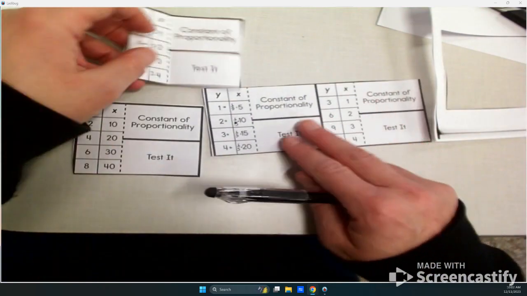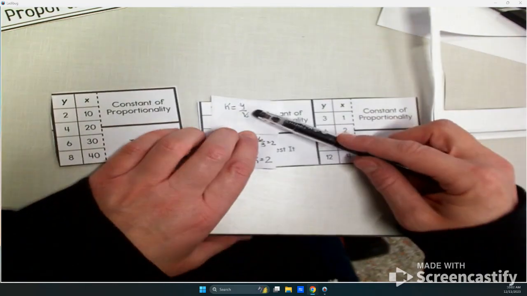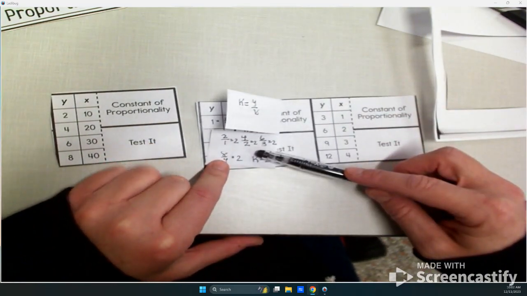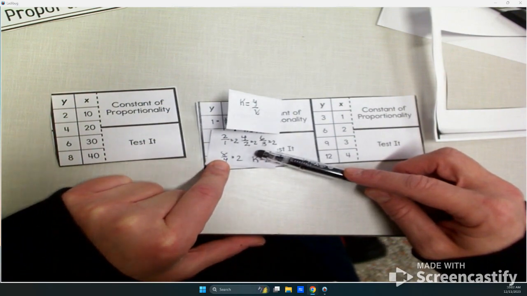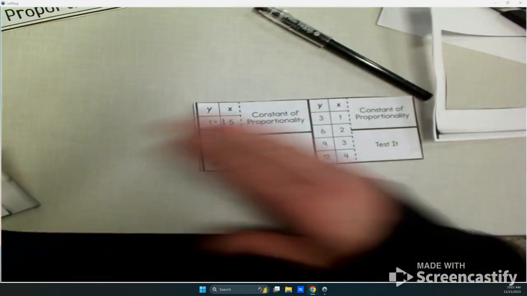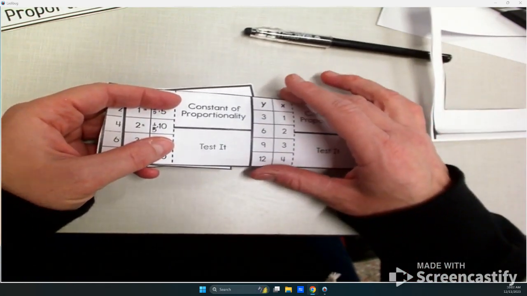So go ahead and finish all of them. They should each have this on the back. They should have k equals y over x, and then you should have all of your ratios and the constant proportionality on the back. Don't glue these together. You're just going to gather them up, and you are going to get a Post-it note and